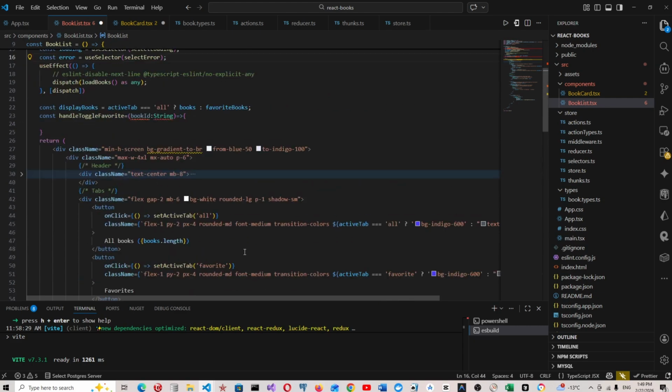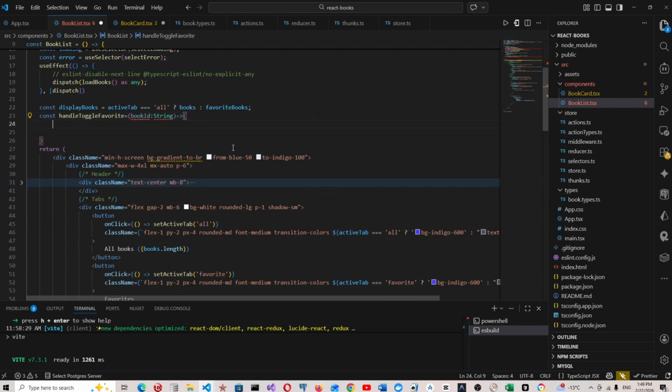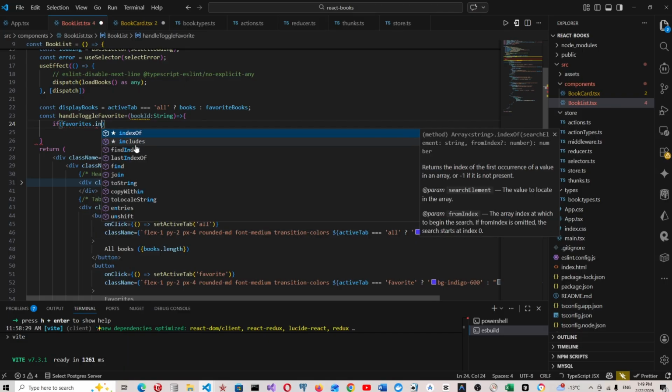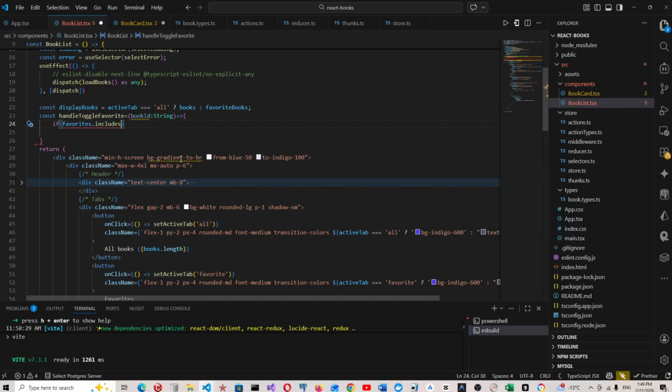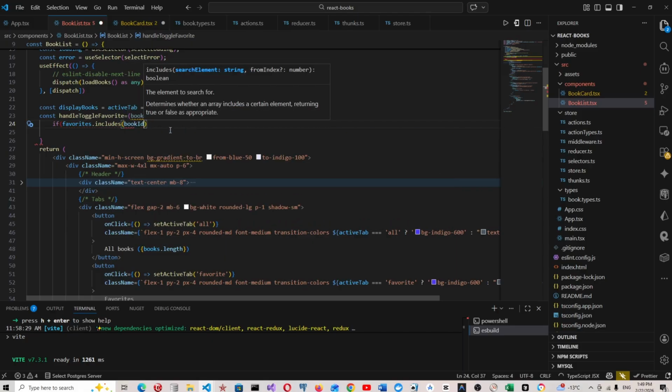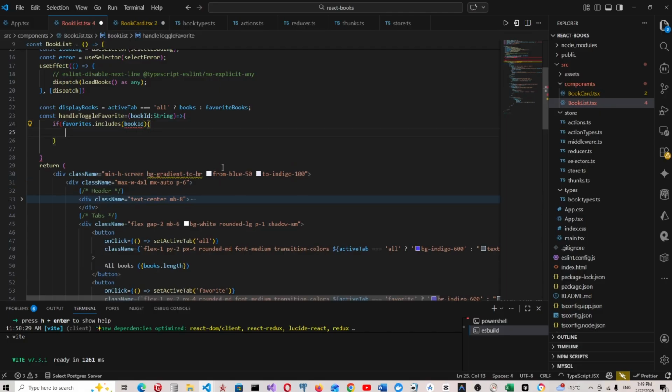And we handle this: if favorites includes the book ID,